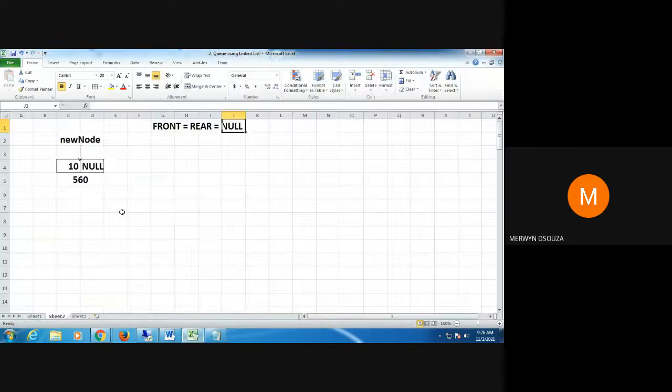So front also will be pointing here, and you will get front and rear pointing to this node. Okay, that is what happens.